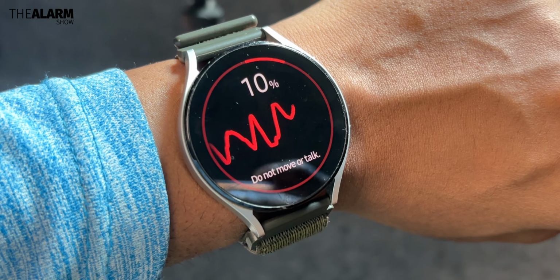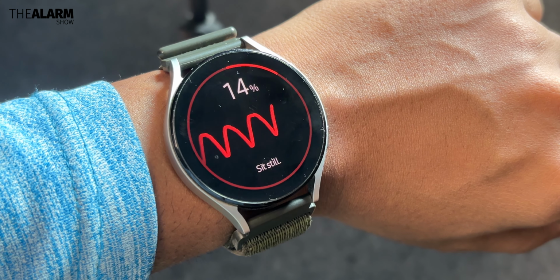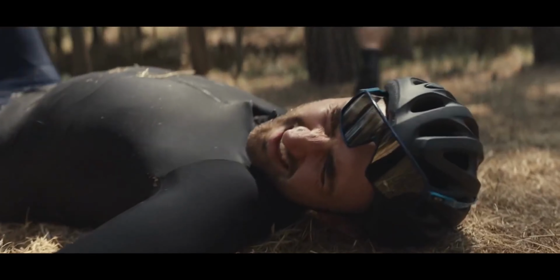Also, Apple is expected to add a blood pressure monitoring system inside the new generation wearables, which will be the first major feature to be added on the wearable in the past few years, at least in Apple's world. But it will definitely be interesting to see how they would do it without proper medical equipment. Other than that, we also got to know that Apple is working on an Apple Watch SE